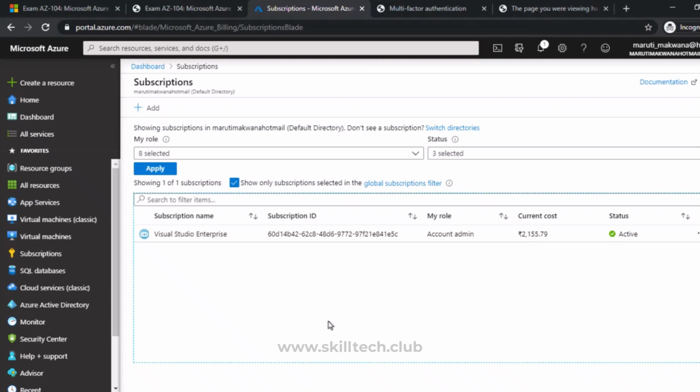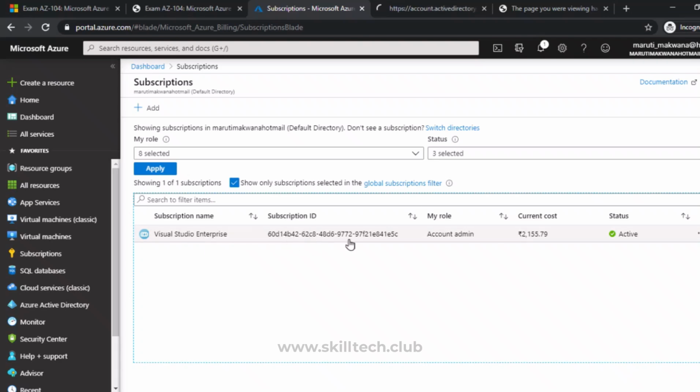Like you can see here, I'm inside my subscription, and on the left side in this particular column I have clicked on subscriptions. You can easily find the same thing in all services also. When I go inside subscriptions in my account, if I have multiple subscriptions, it's going to show me a list of those. I have one subscription right now, and they are showing me the unique subscription ID associated with this